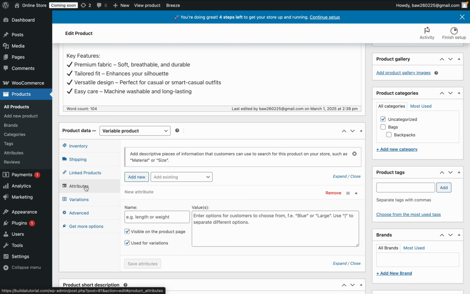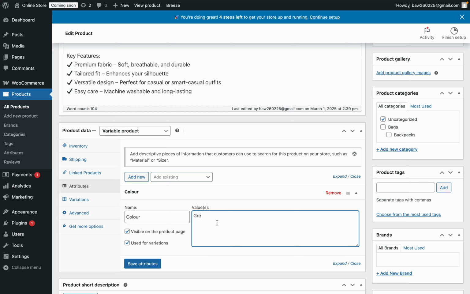So say for example, this t-shirt that we're selling here comes in grey and white, so we can start to add the different options in. So you can do that by clicking Add New here, and this option becomes available. So we're just going to add an option to put colour in, and then you can add the colour of the different t-shirts in here. So I'm just going to put grey and white, and you can separate them with the pipe,